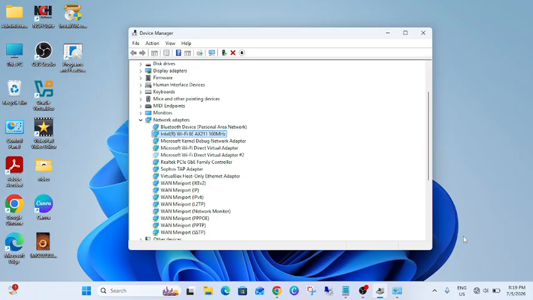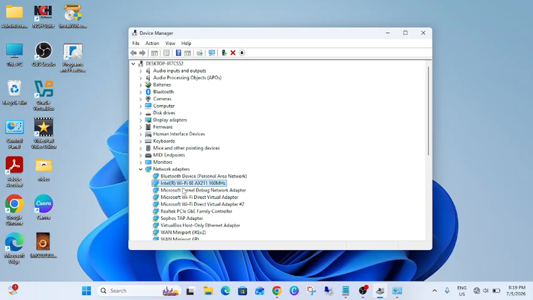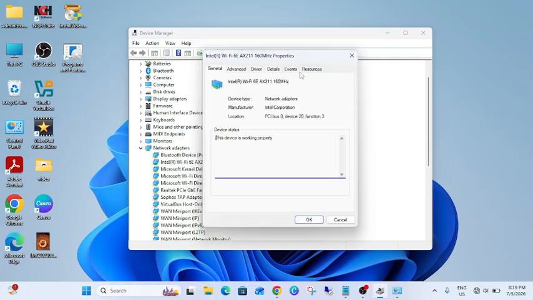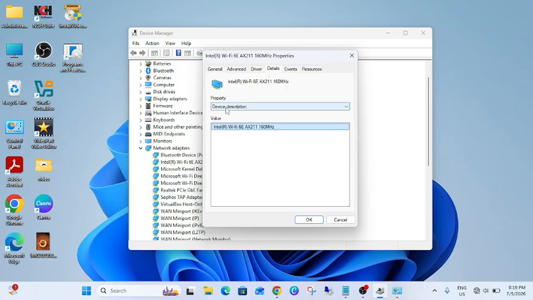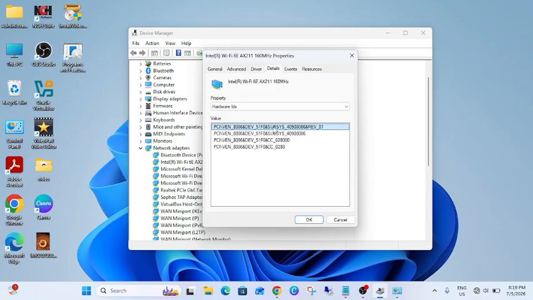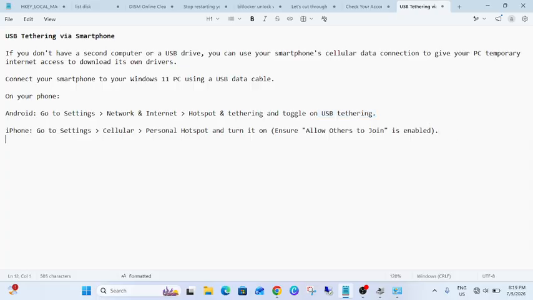But somehow if it is still not working, then you have to look for its hardware ID before installing the correct driver. Click on your Wi-Fi name, go to its properties, look for the details, look for device description, look for hardware IDs, copy and paste the first one into the notepad, or even you can take a photo, but better will be this. And now you can copy